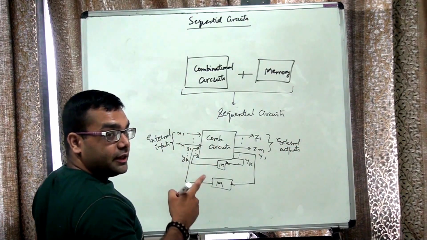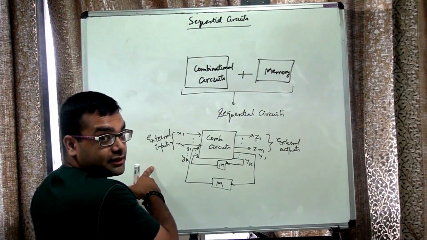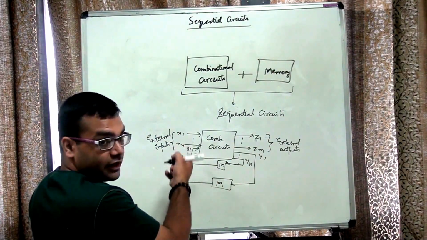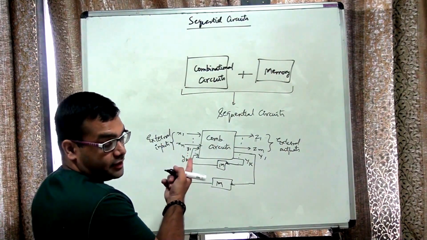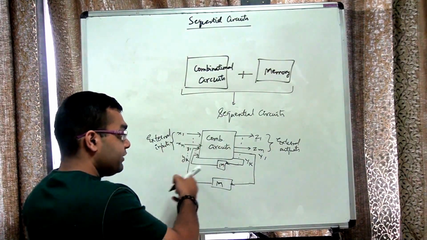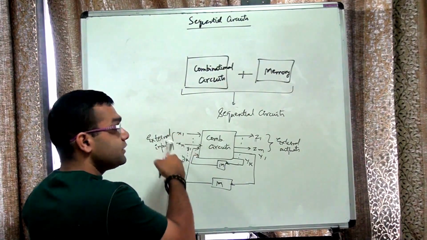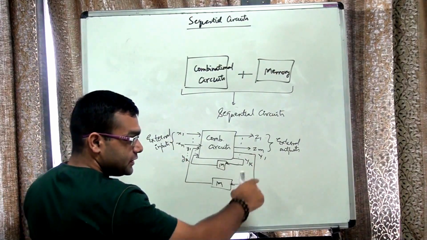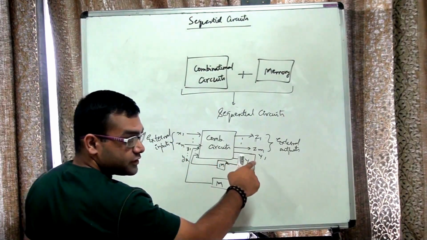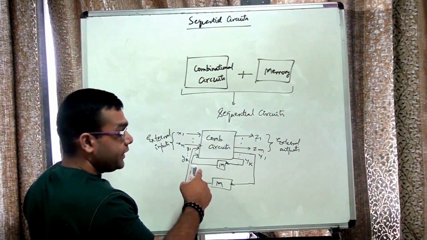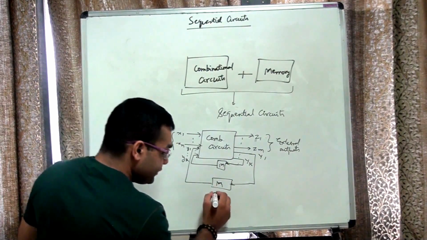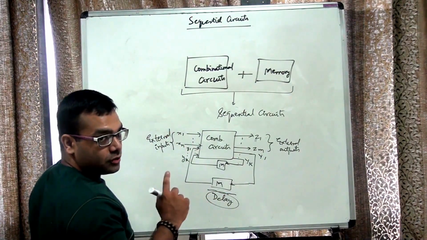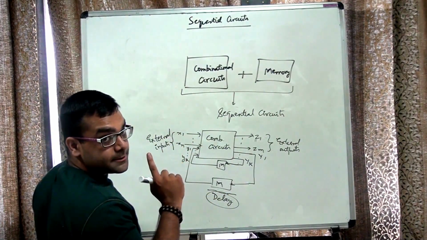Now what we mean by external inputs is that we can set their value independent of the values of y1 to yk. Without affecting y1 to yk, we can set their value. We'll see how we can do that. Now these are the k inputs that are coming from the output of the circuit back to the input, after some kind of memory, or we call it a delay. They are synonymous in the case of these sequential circuits.